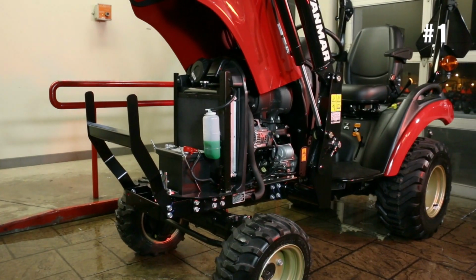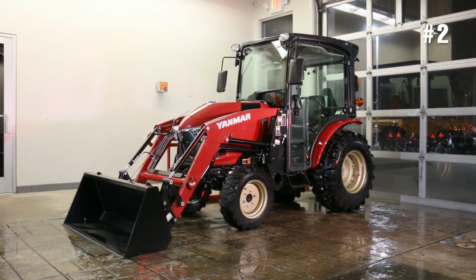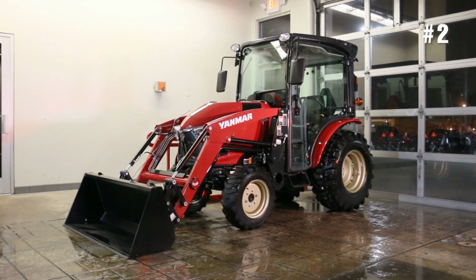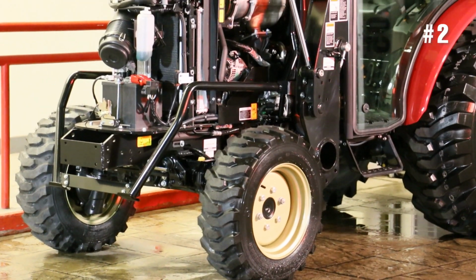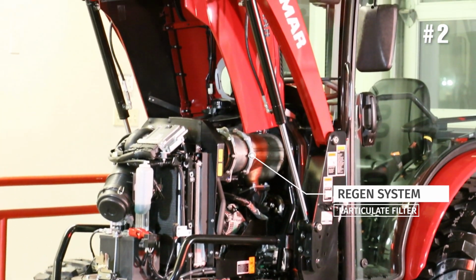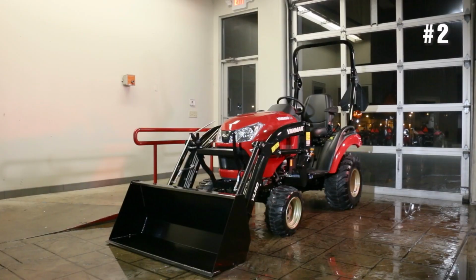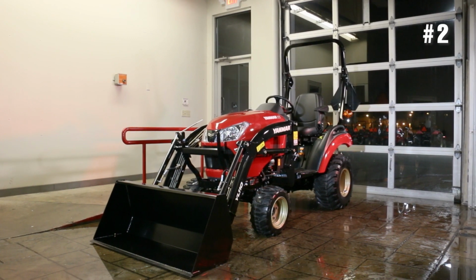Let me tell you about something you probably have not considered yet. Now, all diesel engines in tractors that are in that 35 horsepower range and above are required by law to have a diesel particulate filter or regen system that will help you with cleaning up emissions. By the nature of the system, it also requires that tractor to have a computer module to keep track of the regen cycle. However, tractors under that 35 horsepower range don't need the regen system,